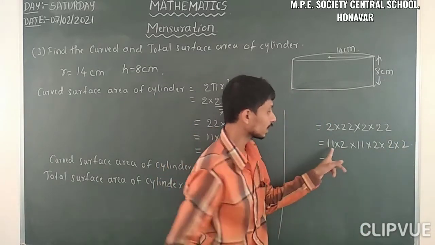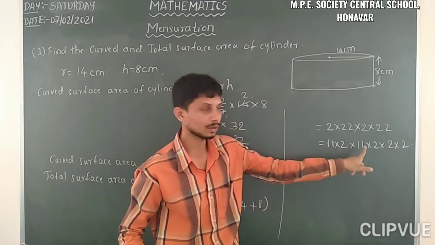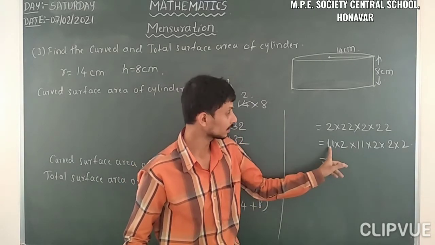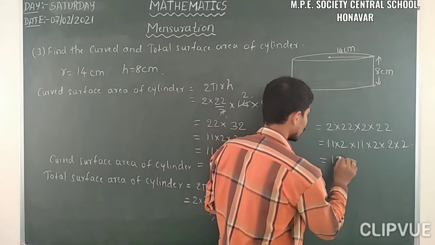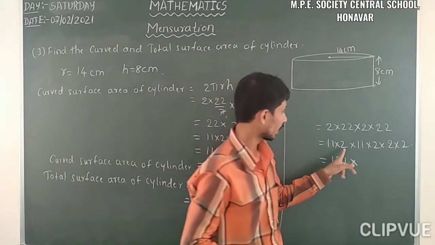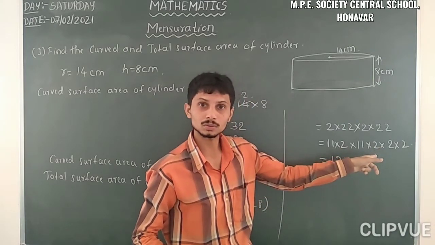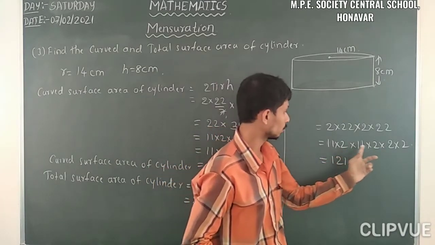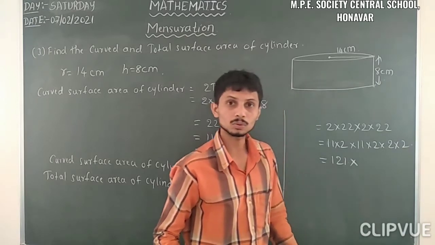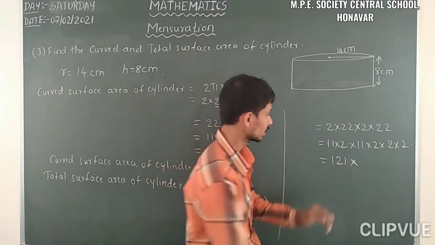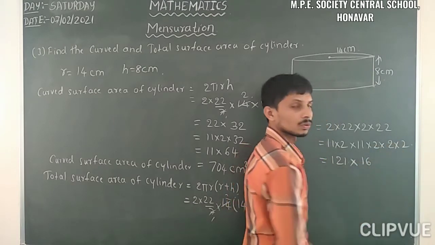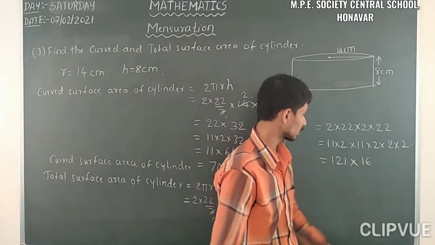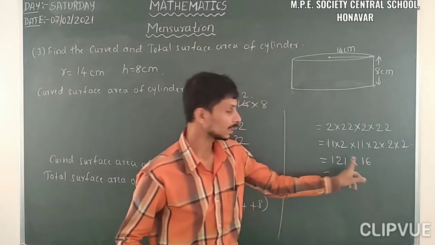And already we know that 11 square. So 11 square we can take. If it is 11 square we can take, it is also easier to us. 11 square, what is 11 square? 121. And into the remaining 2's, just multiply them. 2 into 2 into 2 into 2. So 4 times we have, that is 16. So 2 into 2 4, 4 into 2 8, 8 into 2 16. Then we can easily multiply the things.